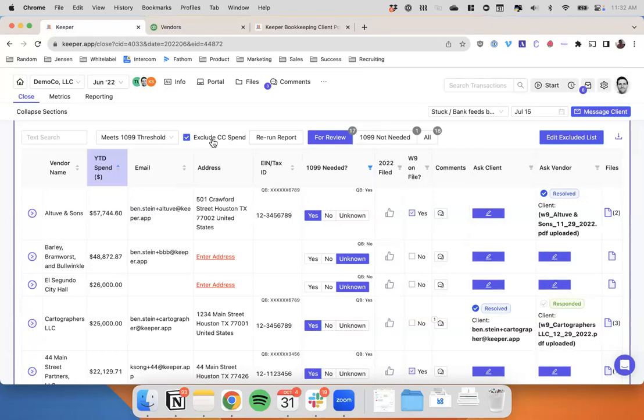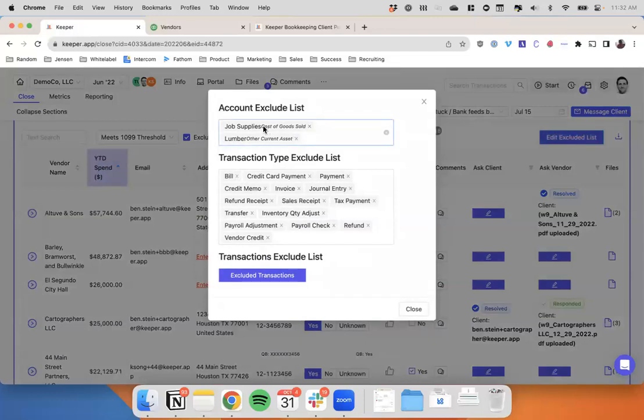So that means if you have a credit card account and that's used either to pay a bill, so bill payment, or that's used to just incur an expense, those transactions will get excluded. And then it's also taking into account any accounts you have excluded from your account exclude list. So if you have certain non-reportable spend types, so job supplies and lumber, for example, are non-reportable, you can add them to the exclude list here. And then any transactions that are tied to those